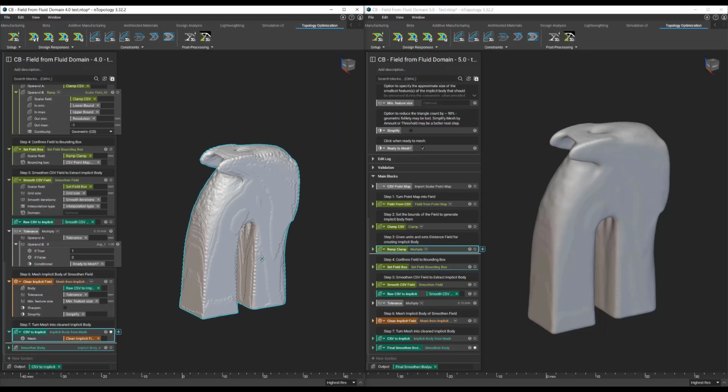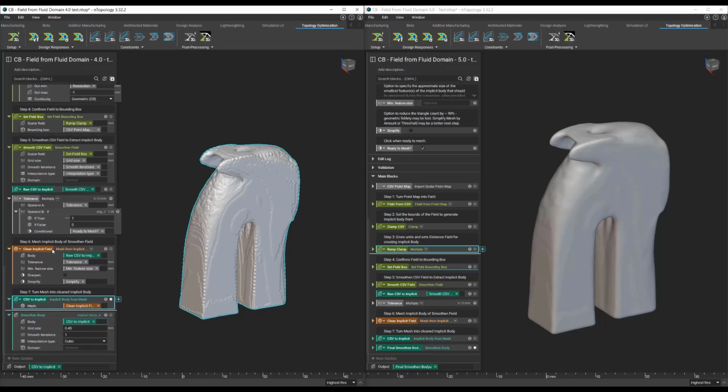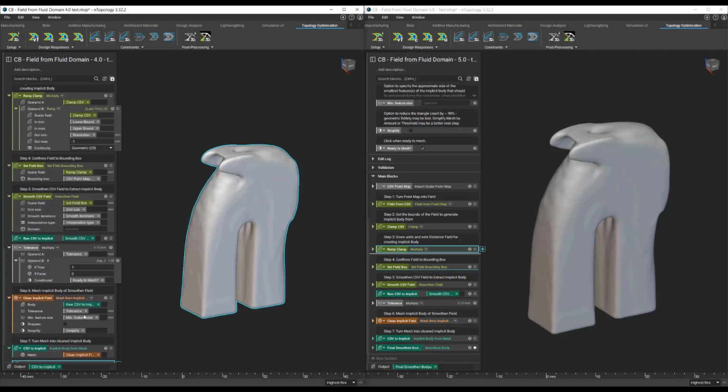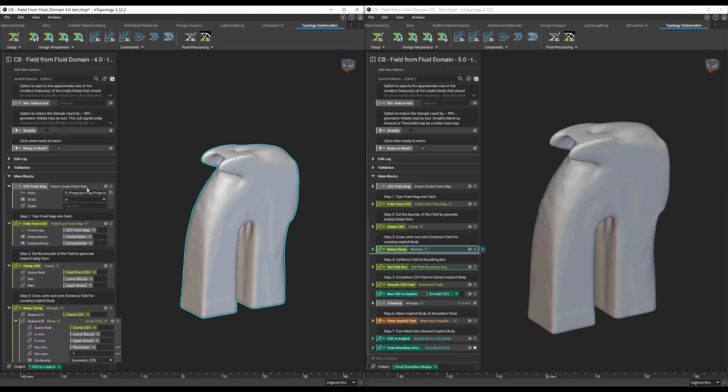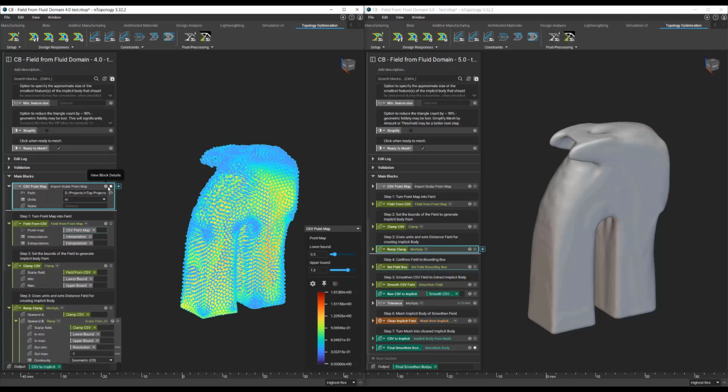In version 4.0, the smoothen body step is not included in the workflow. So outside of this custom block workflow, one extra step would be needed to smoothen this field to get our final desired shape. Now if we take a couple steps back and look at our CSV point map here, I'll